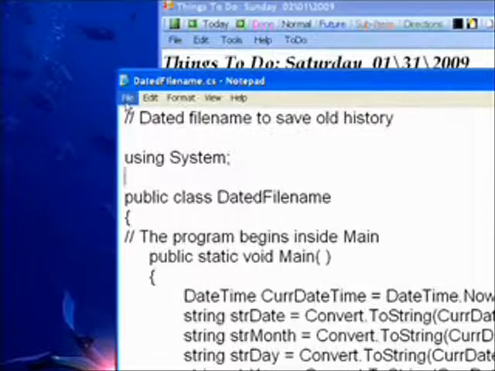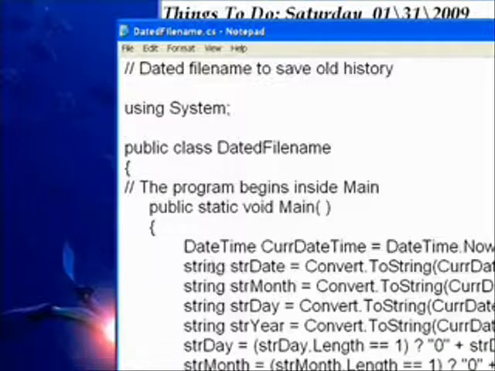Well, this is the program itself, and it's the usual format with the using system. That's the only namespace we need. And the enclosing class named datedfilename, which is the same as the external name. I try and always do that, although it's actually not required. They can be different. When you execute it, the .exe is always going to match the external file name. And then we come down to the main subroutine, which is a static void main,